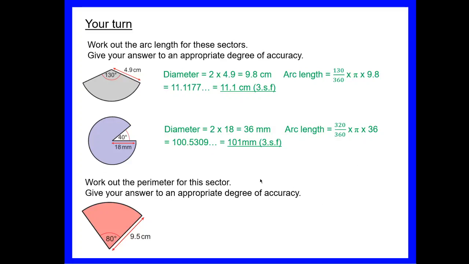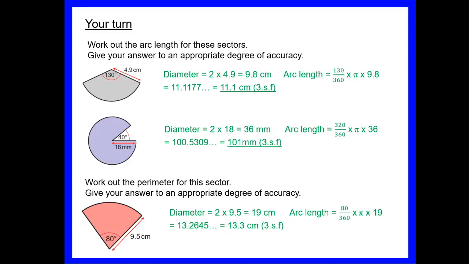Our final one, then, we're asked to work out the perimeter. So again, we're going to start with the arc. So we've got our 80 degrees, which is the correct angle that we need now. And we've got our radius of 9.5, so we need to double that again to get our diameter. So our diameter is going to be 19. Our arc then is 80 out of 360 times pi times 19, which gives us 13.2645, etc., or 13.3 centimetres